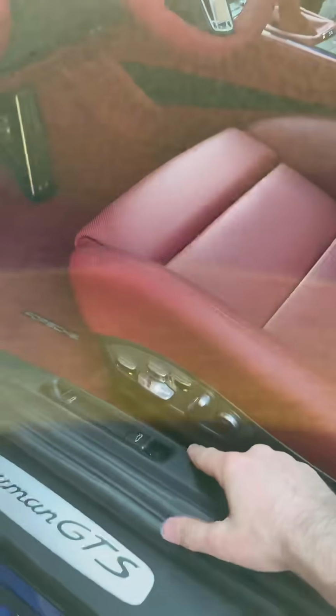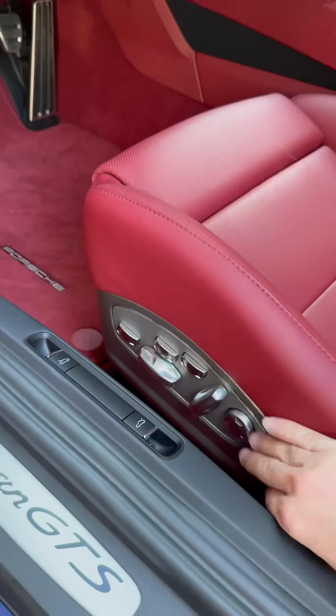Superman spec. The first thing I did was the 18-way seats. You can see a utter cornucopia